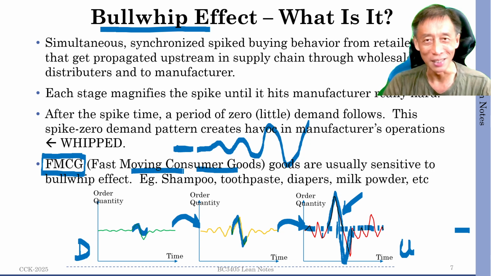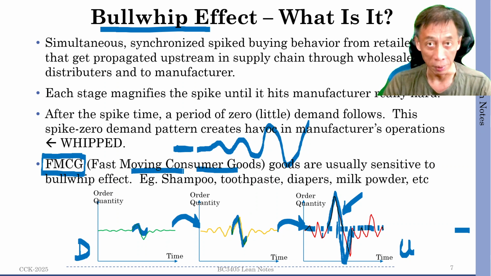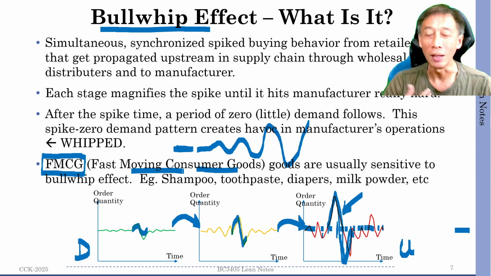Too expensive, right? Hand wash is a high quality kind of detergent that is safe for the skin, doesn't cause sensitivity reaction and all that. And so fast moving consumer goods, right? So all these are good examples of FMCG, and manufacturers for these FMCG products tend to experience bullwhip effect if their supply chain is not well run, is not well trained to reduce or remove the potential of bullwhip effect happening. So when it happens, then of course the manufacturer gets whipped, and there is a lot of losses.